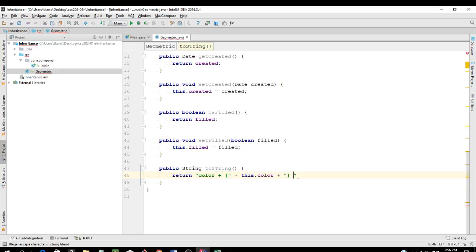Maybe the next attribute is what? Created date. So color, created date,